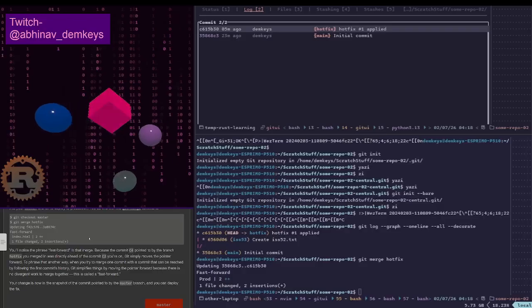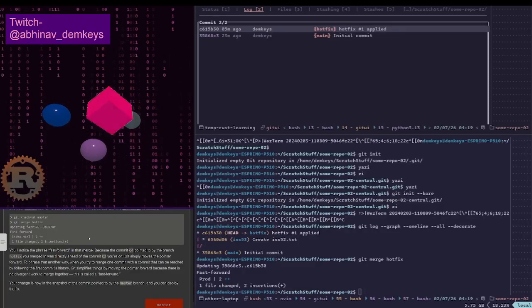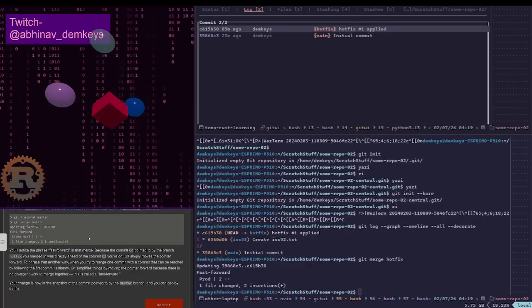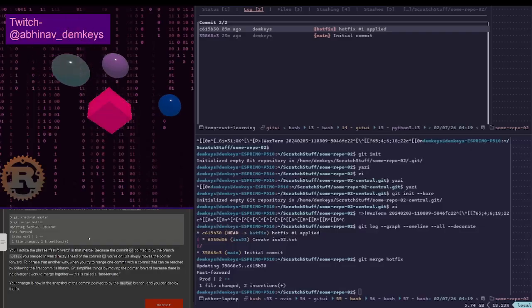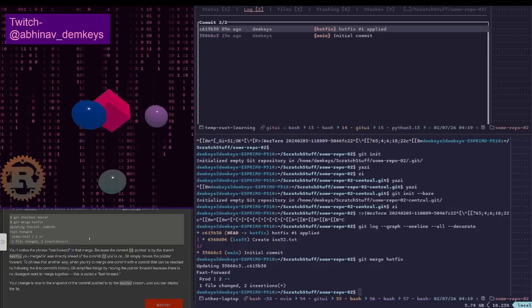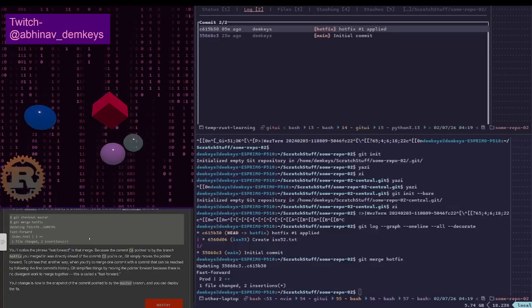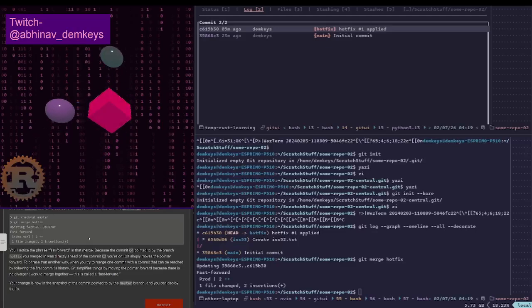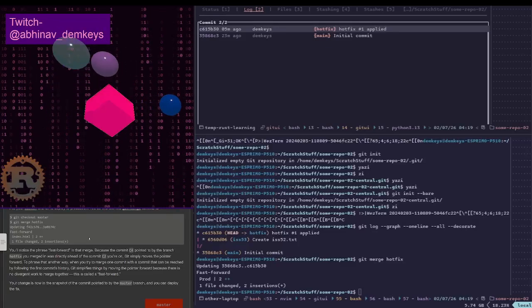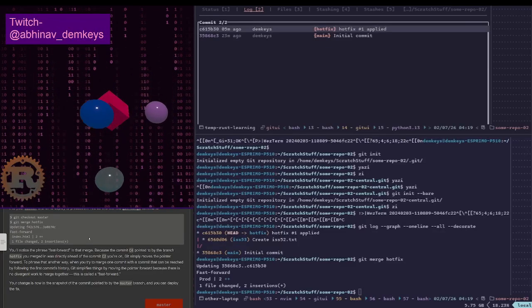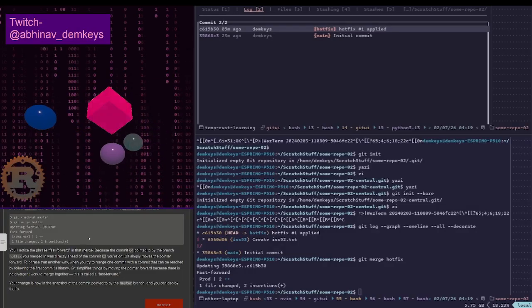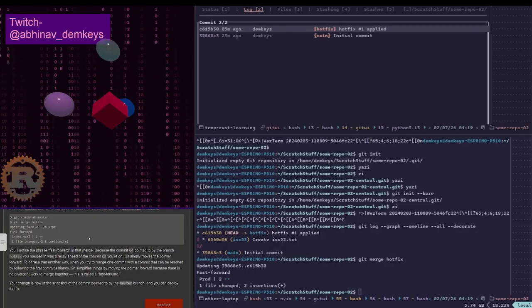To phrase that another way, when you try to merge one commit with a commit that can be reached by following the first commit's history, Git simplifies things by moving the pointer forward because there is no divergent work to merge together. This is called a fast forward. All right, that's interesting.